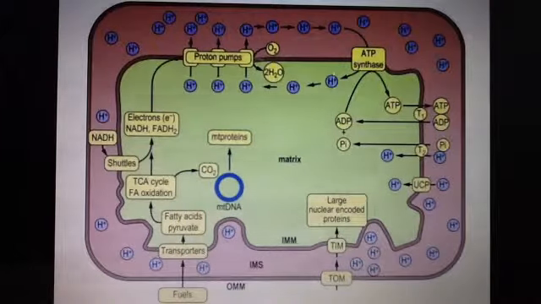Alright, well, I'm sure you recognize this is the electron transport chain. We're going to start talking about this in a little bit more detail, but first, introduction, the big picture. We should recognize that the ETC is used to create chemical energy in the form of ATP, and it couples an electron donor, and if